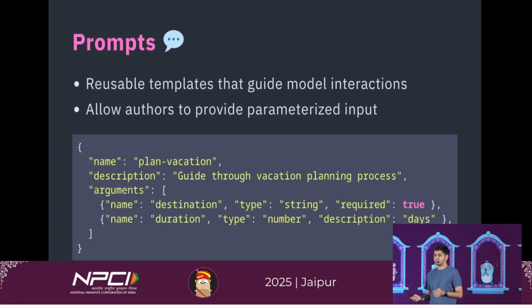And lastly, we have prompts. So prompts are basically templates where the MCP server will tell the LLM that this is the prompt you use. Let's say I have to plan a vacation, I'll write a huge prompt that I'm planning a vacation, and then I'll take some arguments from the user. And then in return, I'll generate a huge text, send it back to the LLM. And then the LLM will use it. It's basically one way for server authors to tell users how to best use their server.